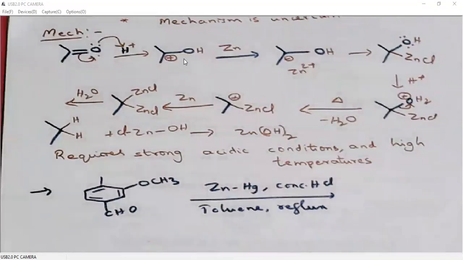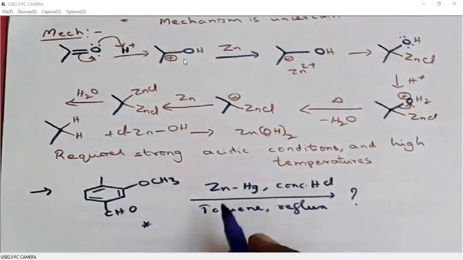What is the product? Here, the aromatic alkoxy groups are not that easy to undergo hydrolysis under acidic conditions. We need BBr3 or TMS iodide for selective deprotection of this OR group, OMe. So under normal acidic conditions, it is not possible to deprotect this. So here the only functional group which will undergo reduction is the aldehyde. The aldehyde will be converted to saturated carbon. So this reaction, Clemmensen reduction, works well for aromatic carbonyls.